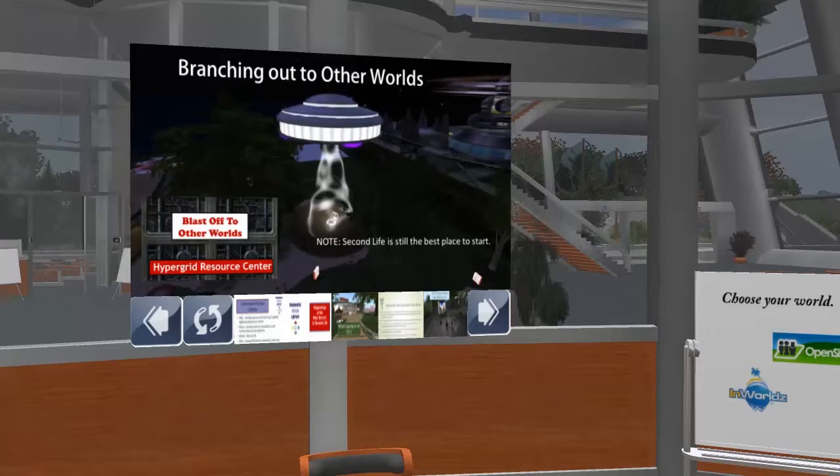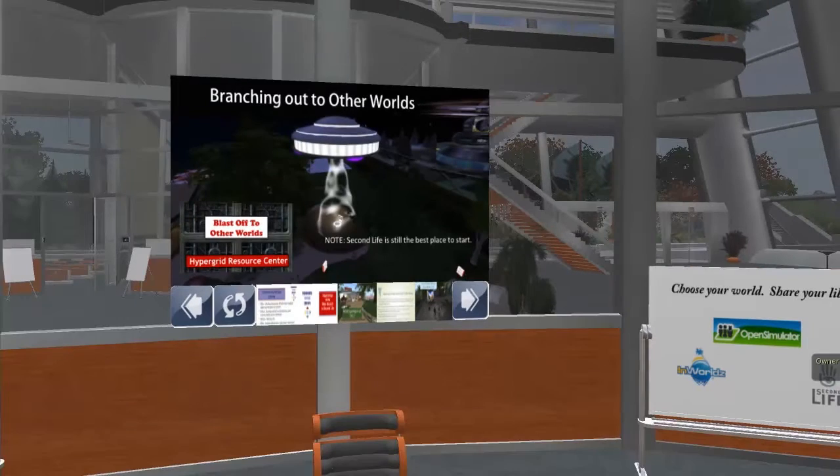Currently, we have the display for Kitely, and hopefully you found us either through our Hypergrid Resource Center or through the documents that we placed online, so that you were able to come today to our tour. Later, if you'd like to help us with some of these resources to help people learn how to jump to different worlds, contact me in Second Life, because connecting these communities can be kind of difficult.